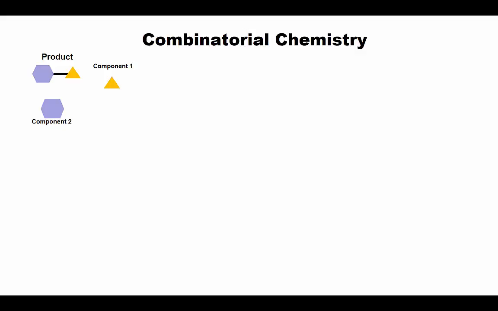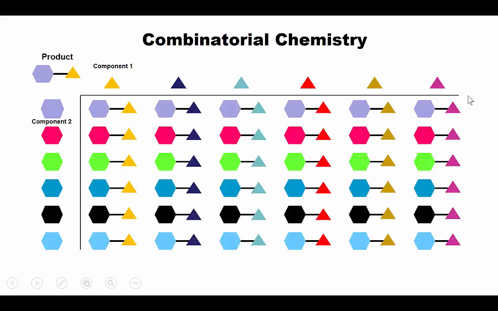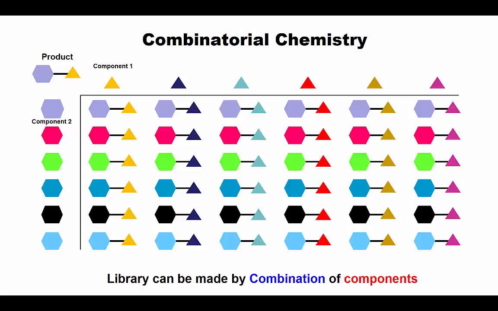If this chemistry can be repeated with different components, let's say you can make component 1 into different structures, and component 2 is also different, but the coupling chemistry is the same. By combining these two, you can make huge numbers of molecules using exactly the same chemistry. So first of all, a library is a collection of many different molecules, and a combinatorial library is a library made by combination of components. That's why if you develop one chemistry, the same chemistry can be applied to making